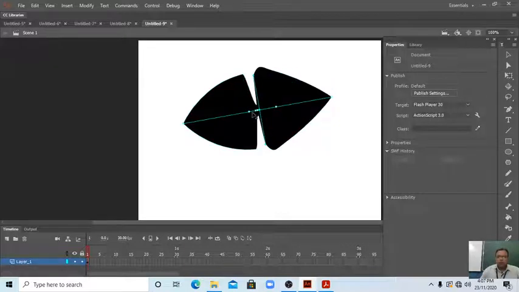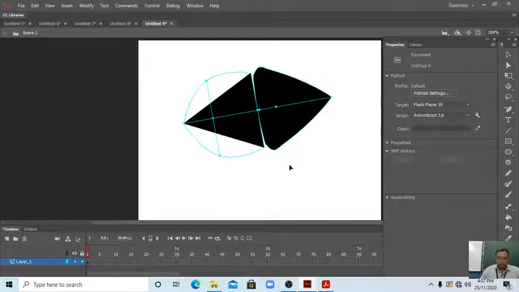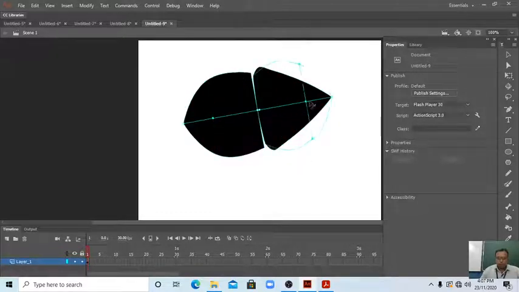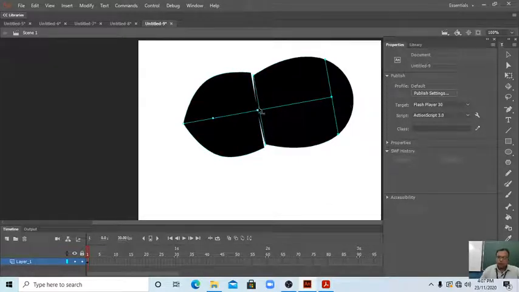Okay, so this way we can draw. So many shapes you can make with the help of this. Okay, students, so you have to practice well. Clear?